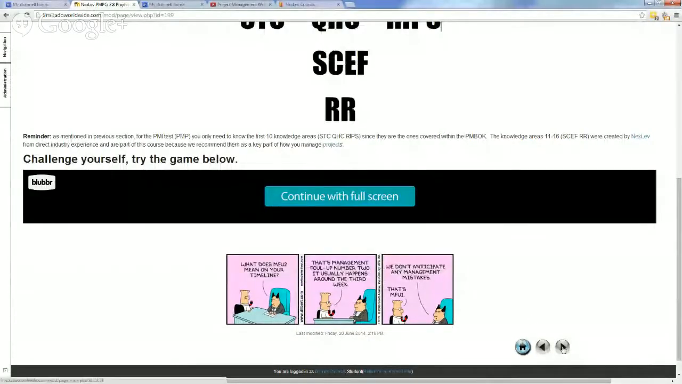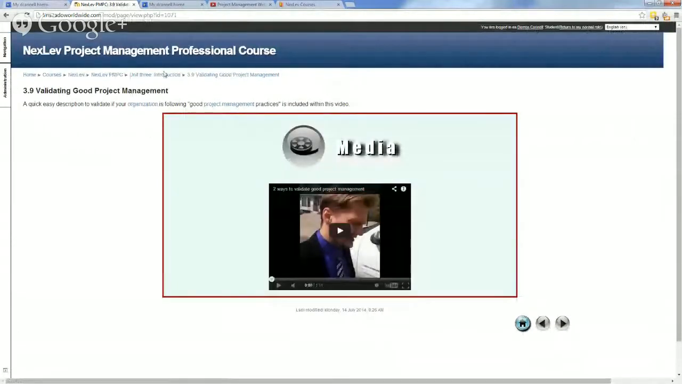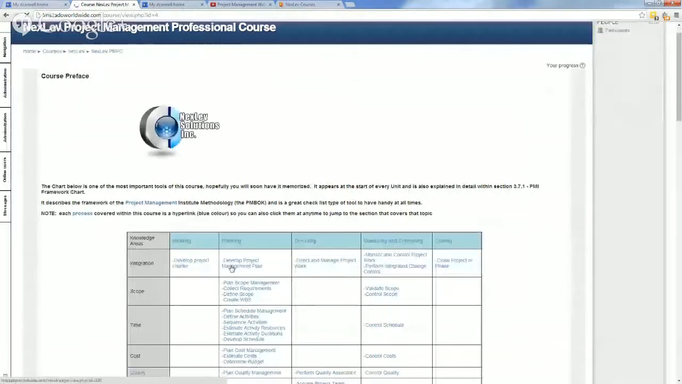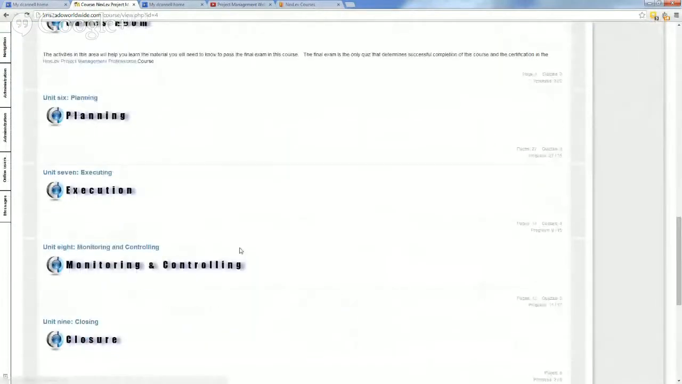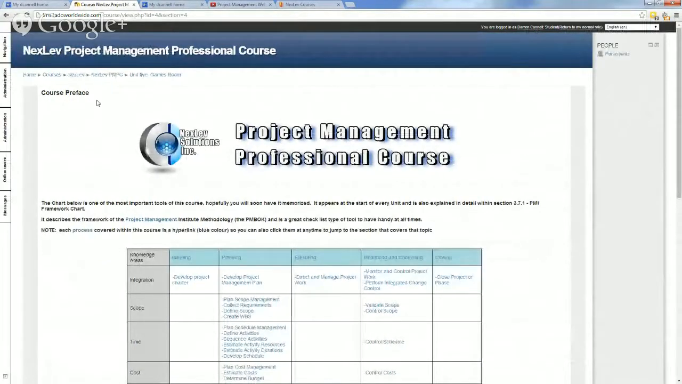So it's just a game that you can play that enhances your learning, because there's nothing worse than just reading all the time. I would like to show you one other feature of this course before we move on. There is an area in here that we call the games room. The games room is meant to be an area where you can go into and continually work in these different